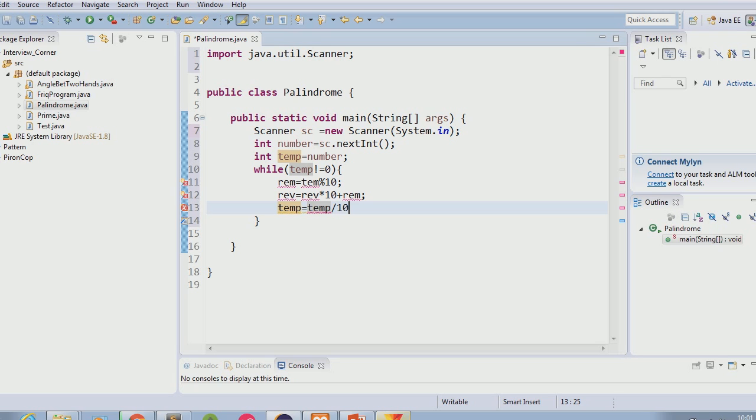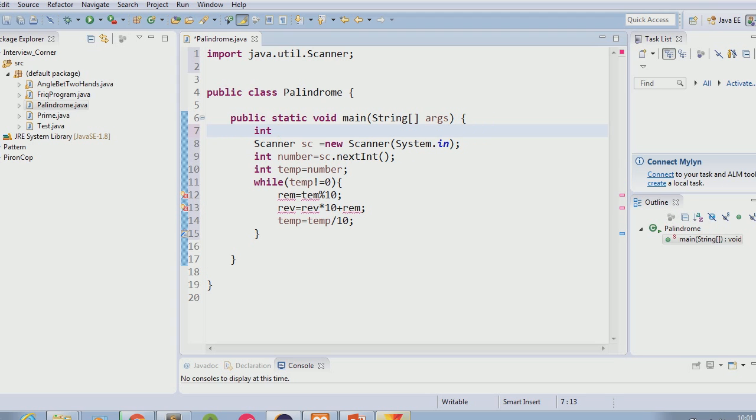Now I have to declare these two variables. So I'm going to declare the variables here, remainder and reverse, initialized as 0.